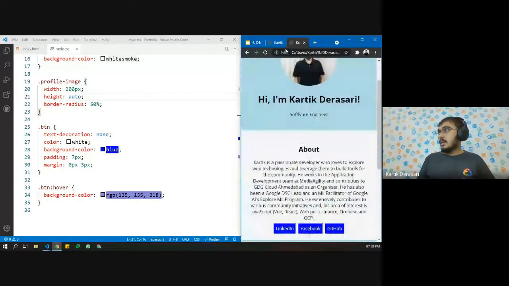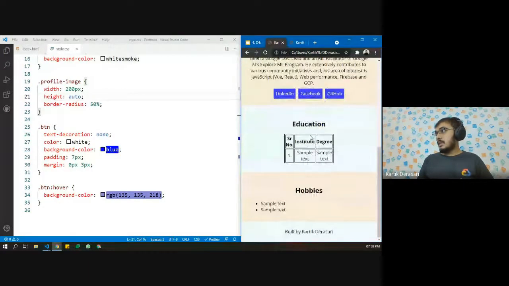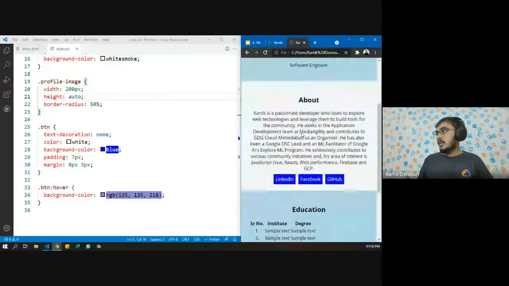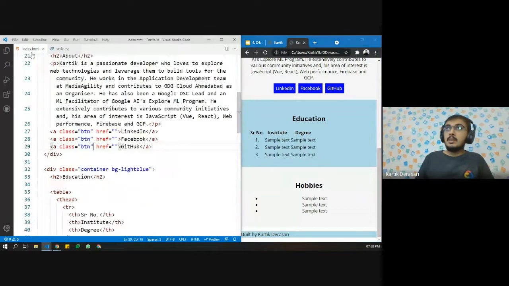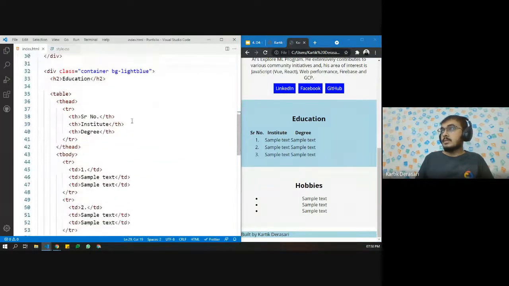What do we have next? Okay, so the table. When we discussed tables during our HTML part, I told you that the table items are block level elements.